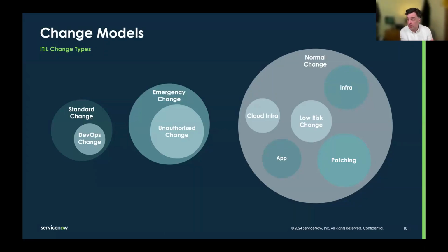We can halt pipelines using the DevOps tooling that we have. So pipelines in other tools, we can communicate with them and tell them, right, okay, right now, we need a product manager to approve this because there's a P1 in our production systems at the moment. Can we just wait a few hours till that's cleared before we start running our pipelines in? So that requires a level of approval, which means it's not standard change.